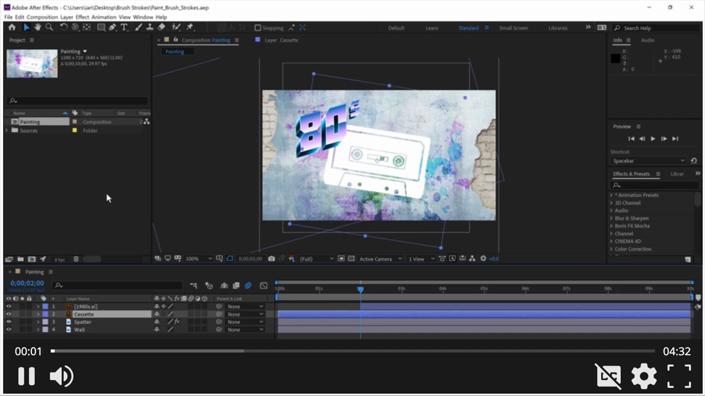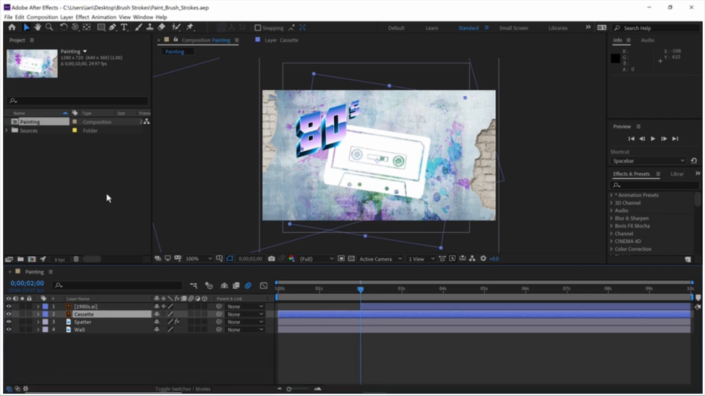In this exercise, we're going to create a painted brushstroke to reveal this cassette graphic onto the wall, in essence, painting it into the scene. And we're going to use that same stroke again on the background, adding a little more visual interest to the